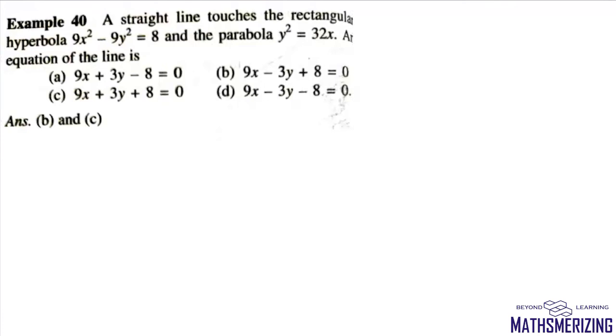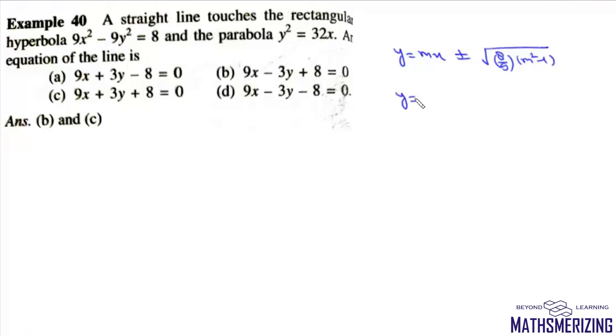Now we'll discuss some questions on common tangents as they're very important in conic sections. Now the first question is, a straight line touches the rectangular hyperbola 9x square minus 9y square equals 8 and the parabola y square equals 32x. We'll need to find the equation of this line. Now we know that for a hyperbola, equation of tangent is y equals mx plus minus under root of a square m square minus b square. Now in this case, a and b are both same and it is 8 by 9. So it'll be 8 by 9